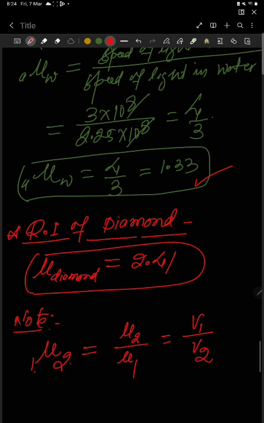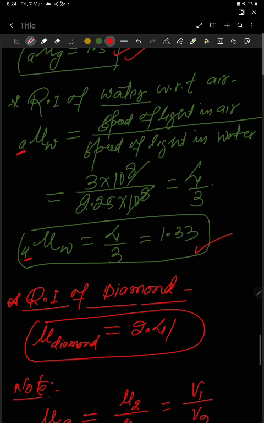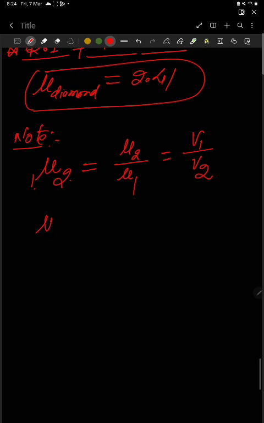Because here I have told you that air is first, so we have written the speed of air. Here I have written water, so below in the denominator we have written the speed of light in water. So like that, mu 1 2 in term of speed, suppose I write, then I will write v1 by v2. But in term of refractive index, suppose I have to write, then I will write mu 2 by